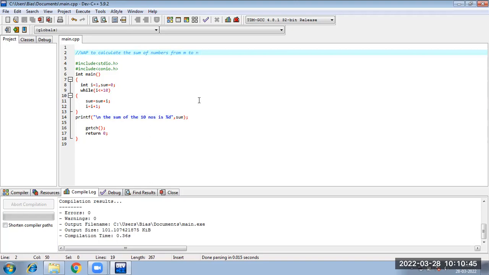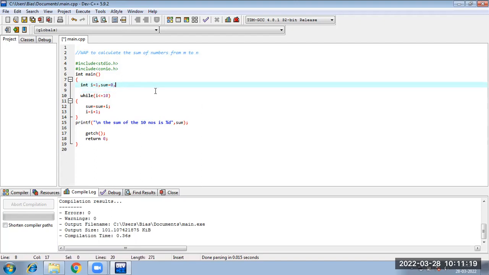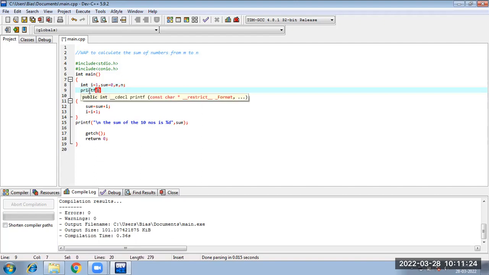तुम सम ऑफ नंबर्स का एक प्रोग्राम करो जो from m to n, माने कहां से कहां तक, ये हम नहीं फिक्स करेंगे कि 1 to 10 तक, ये फिक्स करेगा मेरा यूजर. यूजर will input the value of m, यूजर will input the value of n and accordingly they will give me the answer of doing the summation. तो कॉन्सेप्ट तो यही है, थोड़ा सा इम्प्रोवाइज होगा. क्या इम्प्रोवाइज होगा, पहले तो int m and n को लेना है. अच्छा ठीक है, एक ही लाइन में ले लेते हैं, ये तो सारा इंट डिक्लेयर ही है. m और n को लेंगे तो यूजर से मांगेंगे ना कि enter the value